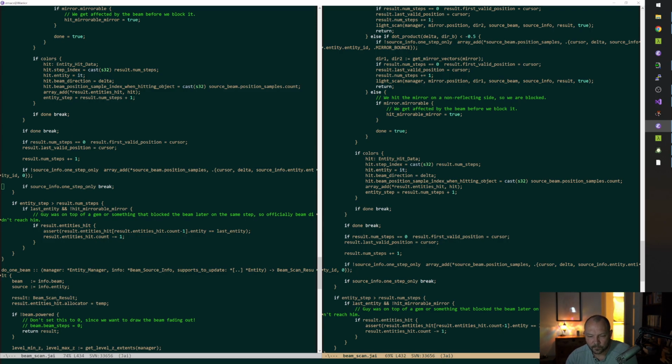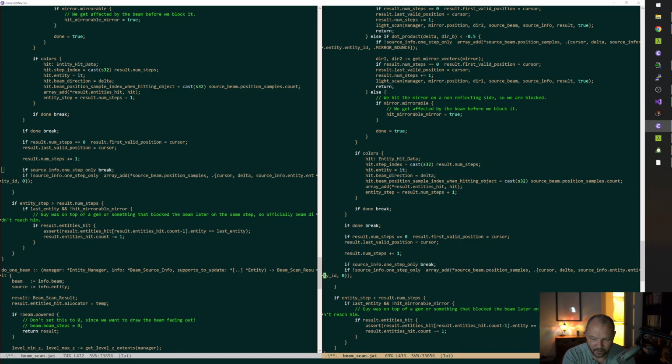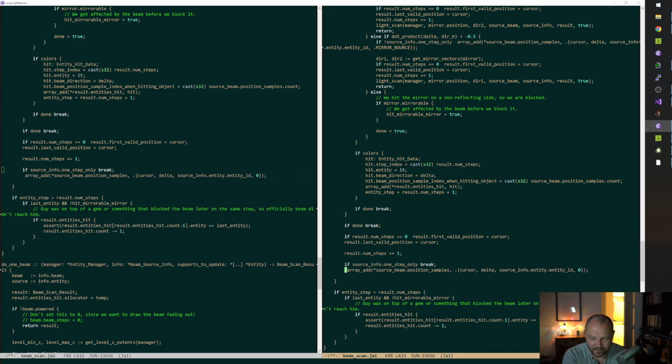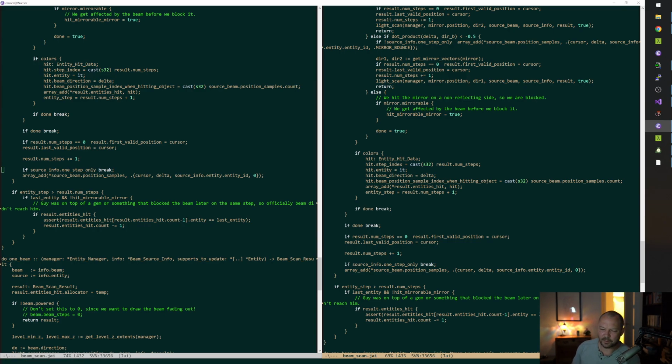Well, that pretty clearly turns into this. I want to go to bed now, but we need to do some things. So, okay, and then we need to free the memory when we reset the entity manager.